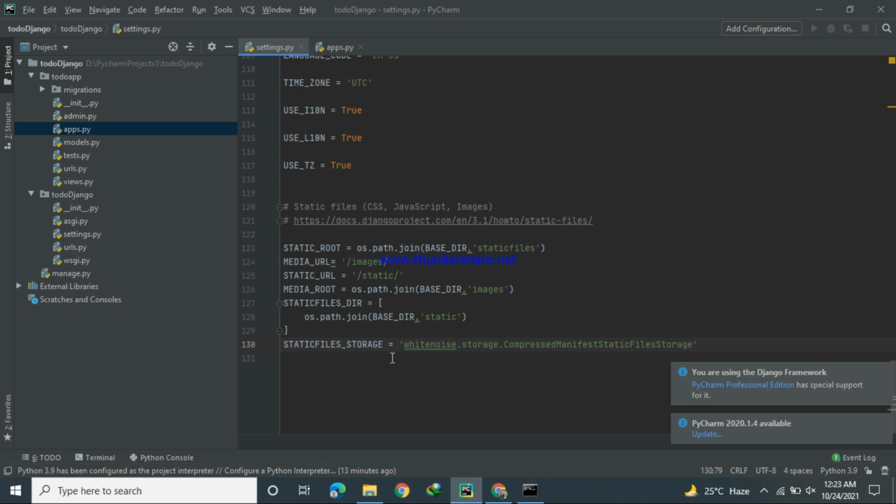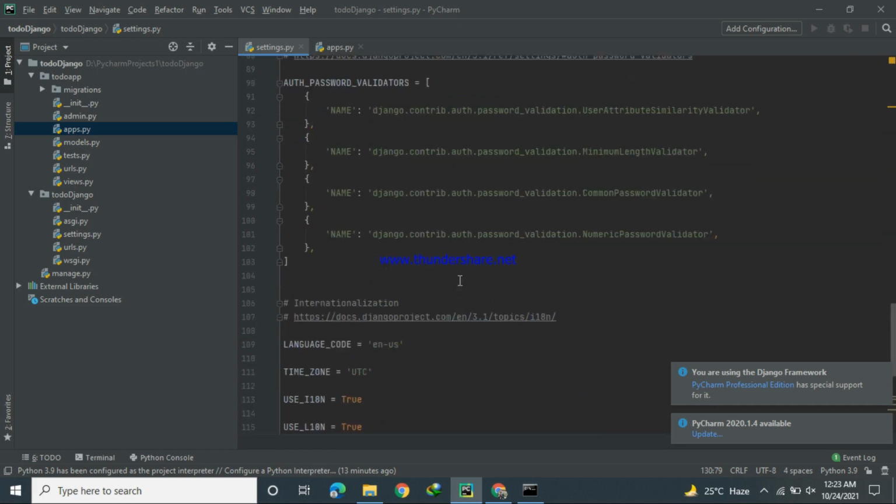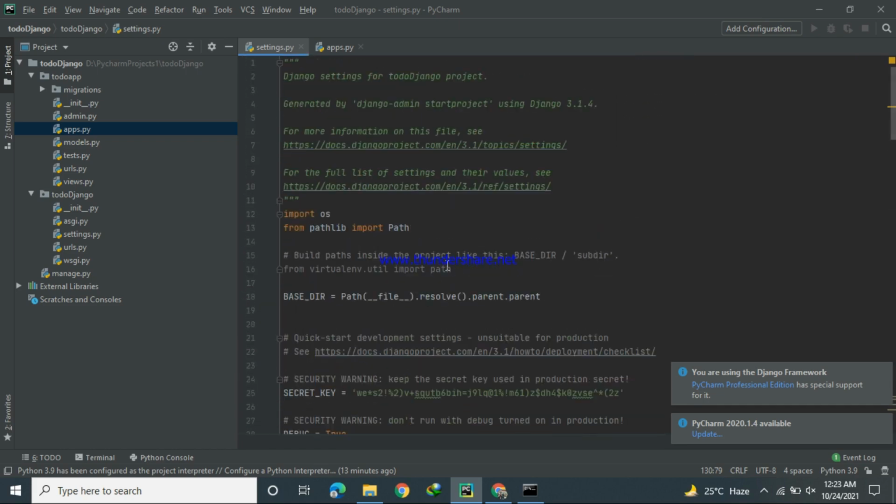So moving forward, our settings.py file is ready to use. Now we have to link our URL with this URL.